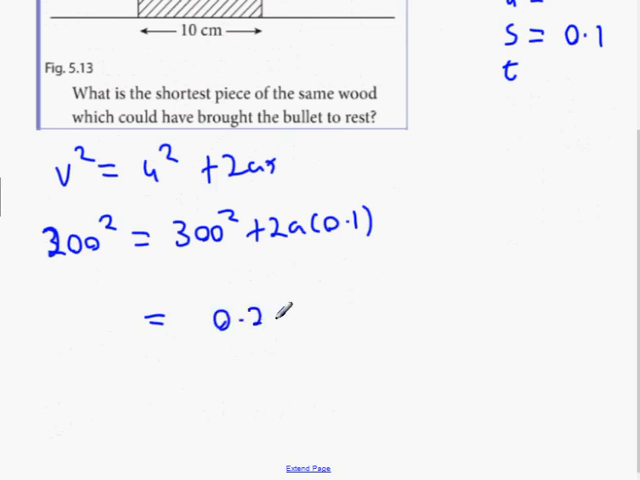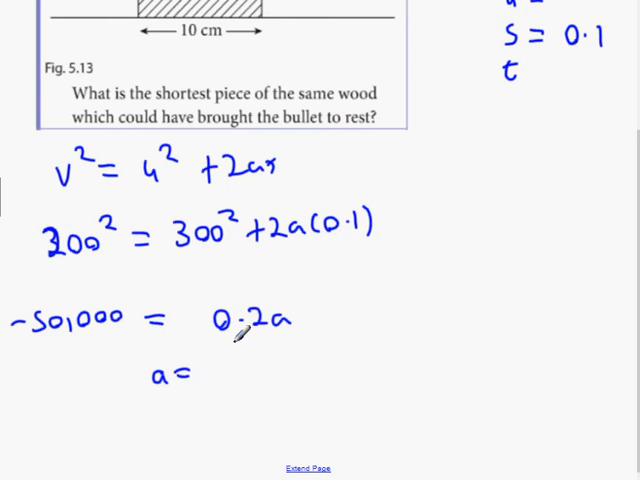Anybody know? 200 squared minus 300 squared? Let's go with minus 50,000. Everybody agree with that? Yeah. Now, divide A into that, and we get A equals,